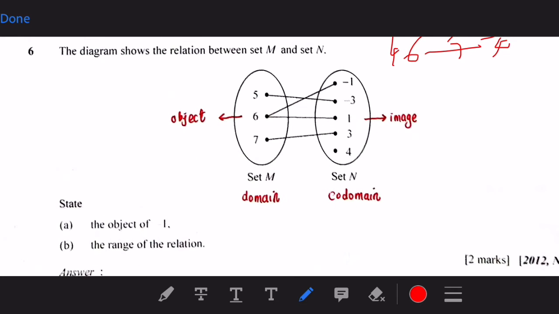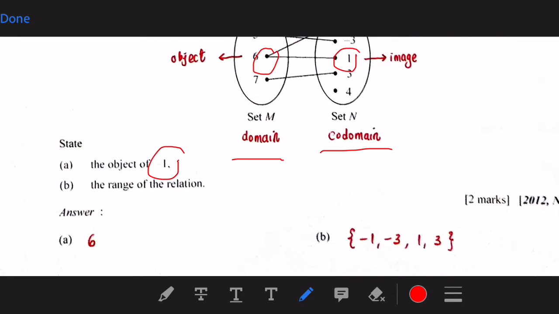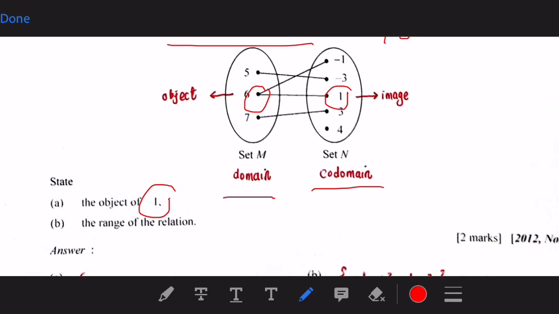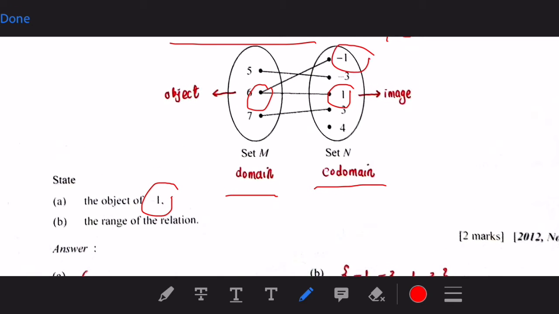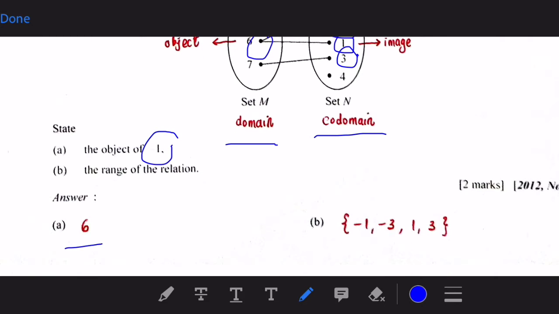Okay, for this question, the diagram shows the relation between set M and set N. So this is domain, this is codomain. So the object of 1, let's see, object of 1. That means 1 is an image. Okay, object of 1, so that means we have the 6, right? Is an object. Okay, so this is the answer. The range of relation, range, we make sure we identify the ones which are images. Okay, we circle, we have -1, -3, we have 1, you have 3. So the range are